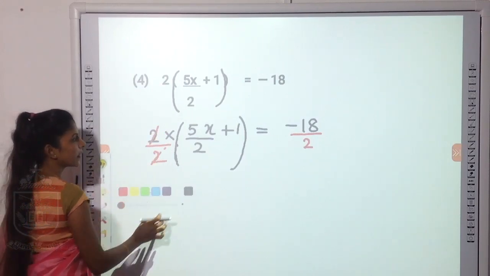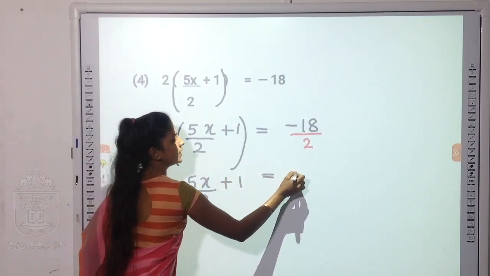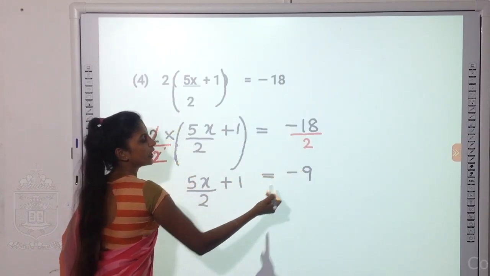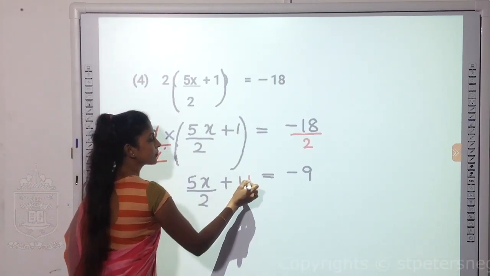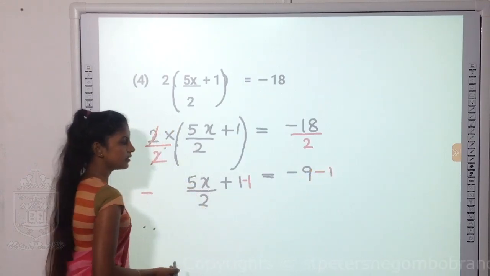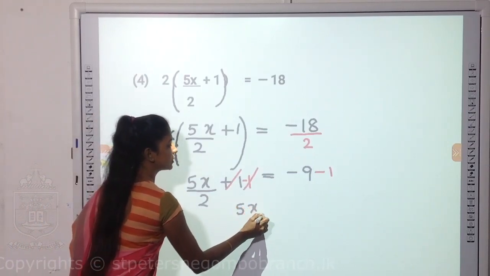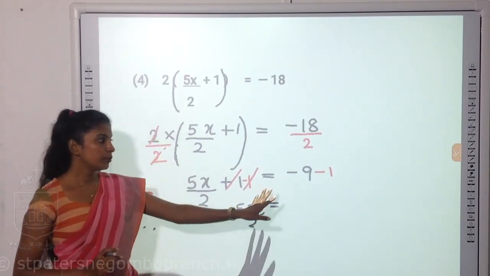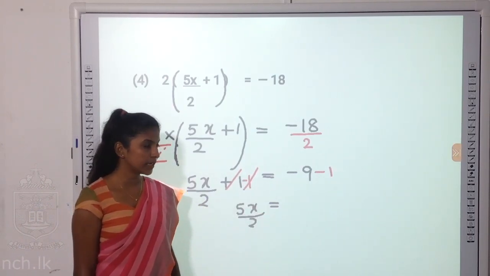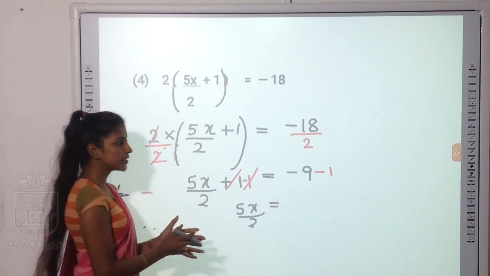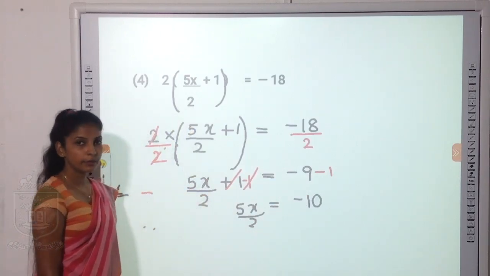So what is remaining? That is 5x divided by 2 plus 1 equals 18 divided by 2. Answer is 9. Plus into minus, you will get a minus answer. And then in order to remove plus 1, you can subtract 1 from both sides. Right? 1 will be cancelled, and what is remaining? 5x over 2 equals. Now I hope you can remember the directed number rules that we learned. Both are minus. So if you have both negative values, you have to add and put the common sign. 9 plus 1 answer is 10. Since both are negative, sign will remain same.